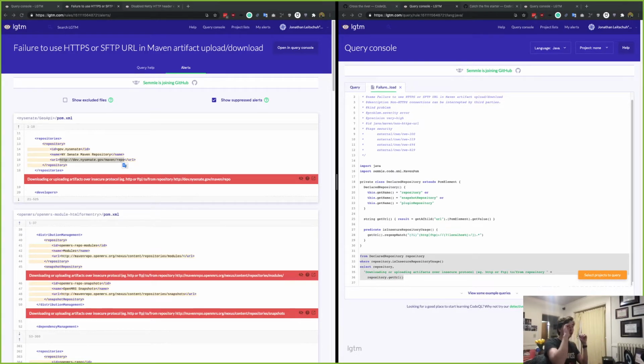Let me break that down a bit more for people that are new. CodeQL has an engine called data flow analysis, and there's also taint tracking. Data flow analysis lets you define